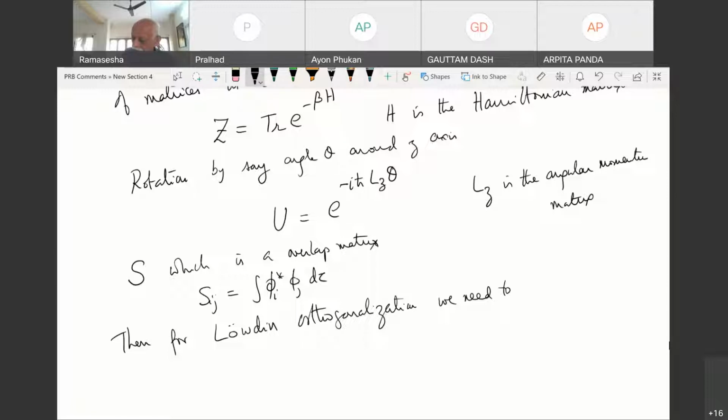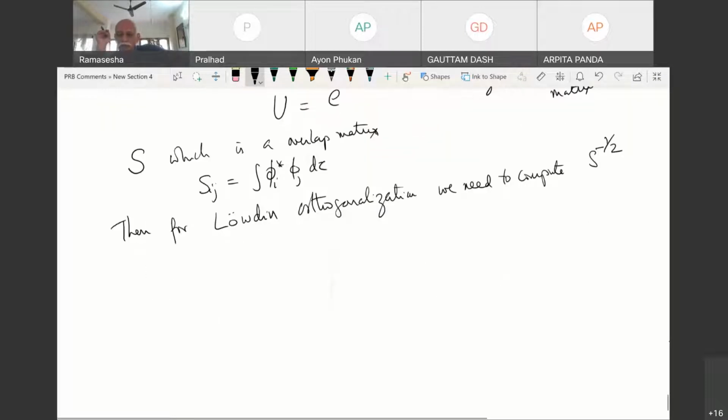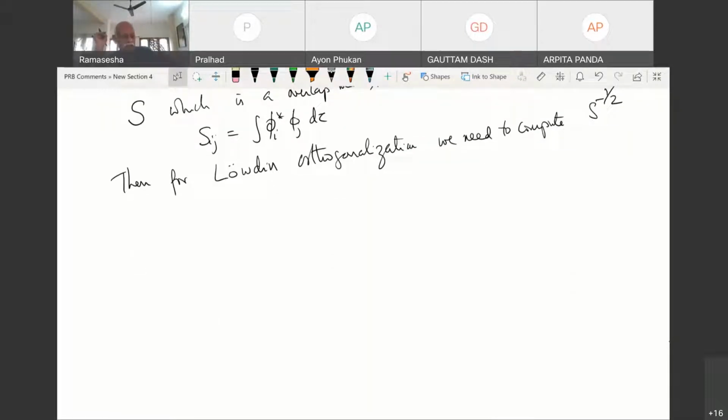Okay, so if you want to compute S to the minus half, then there must be a way of doing it, and this is the way you can go about. You have to just get the eigenvalues and eigenvectors of S, and then construct the modal matrix P, and then the lambda matrix, take lambda to the minus half and retransform it. Okay, so that's why it's so important, defining functions of matrices.